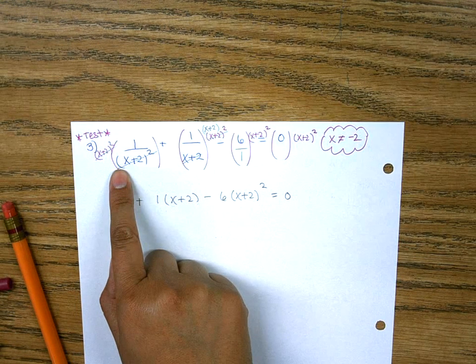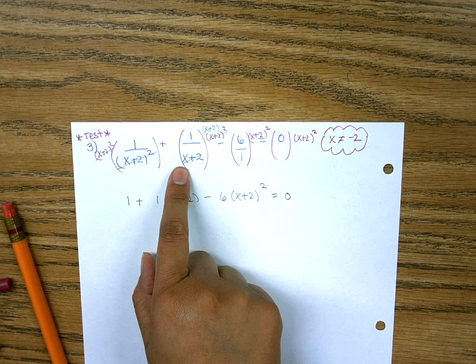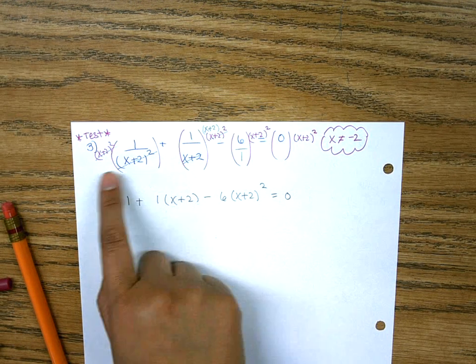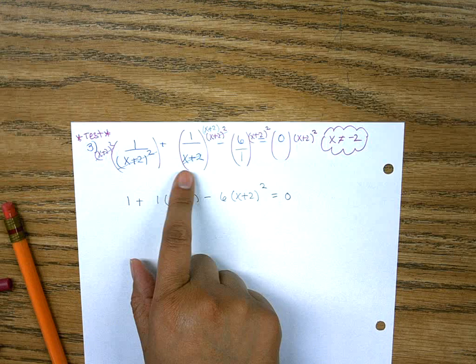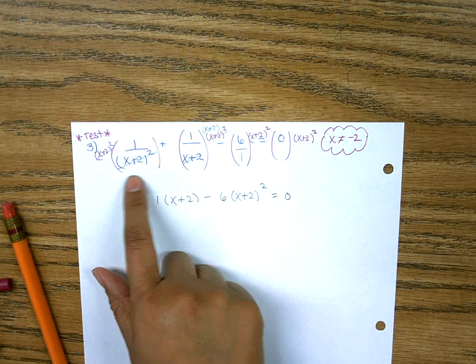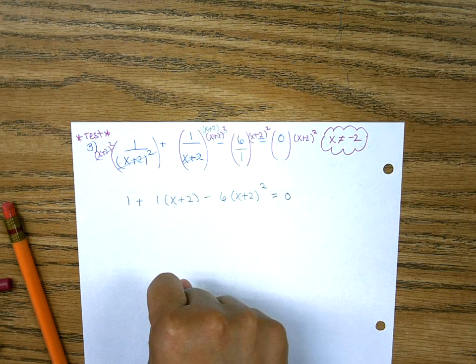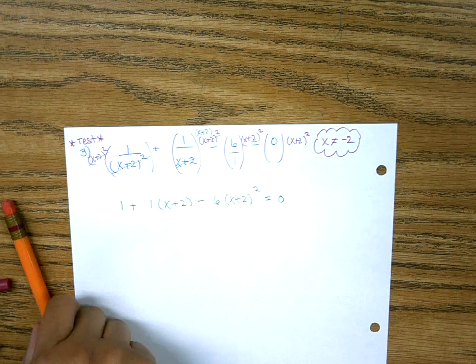When you see this fraction, can you see that this is x plus 2, and this is the same thing but squared? Know that's going to be a substitution problem. Now, it might not be x plus 2. It might be x minus 5 and x minus 5 squared, or x plus 7 and x plus 7 squared. When you see this pattern going on, know it's going to be a